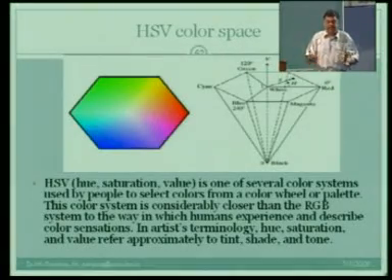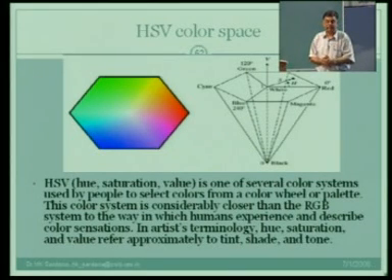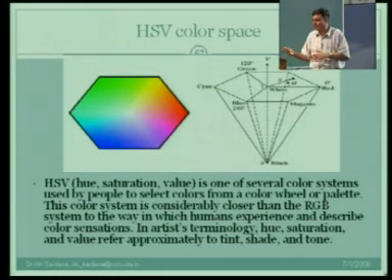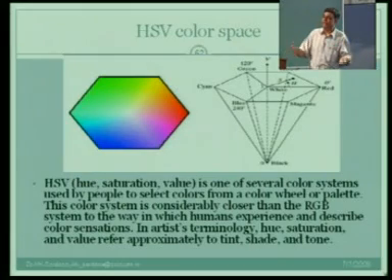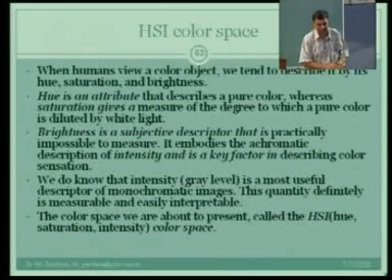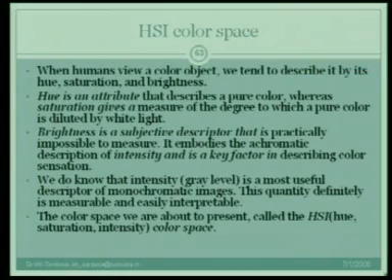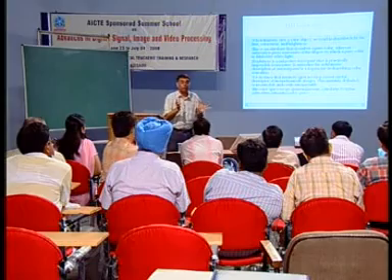So, it is an artist terminology that remains the same: hue, saturation and value. They use tint, shade and tone. Well, I do not know if that makes sense to you. Again, these are subjective words, whether you get into that or not. Otherwise, from an engineering point of view, if I say this will be my model that I will follow, and if you still want to read something, hue is an attribute that describes a pure color. Now, pure color with no brightness in it, something great to think about. Color without brightness. Brightness here is a subjective descriptor which is difficult to measure. But you will ask how you can see a color without brightness.